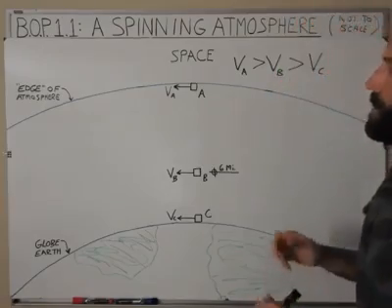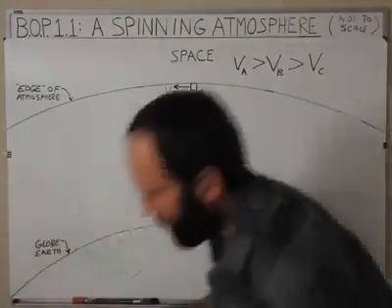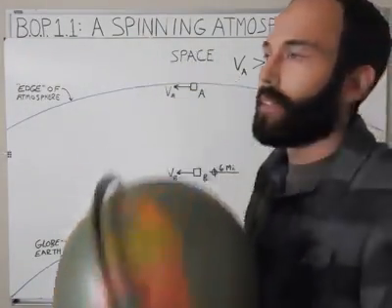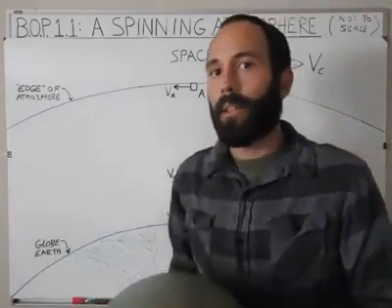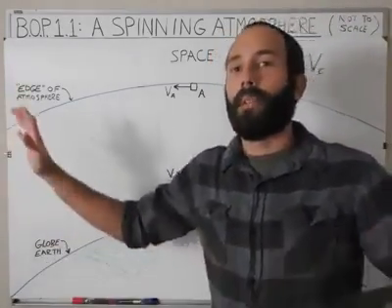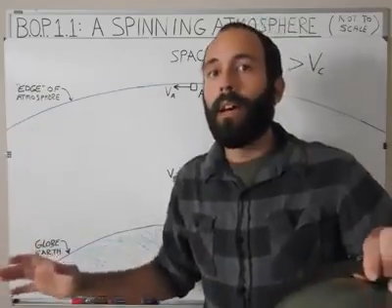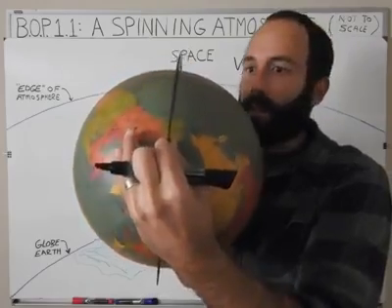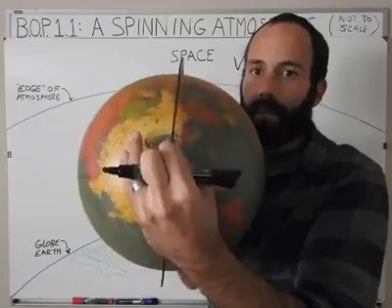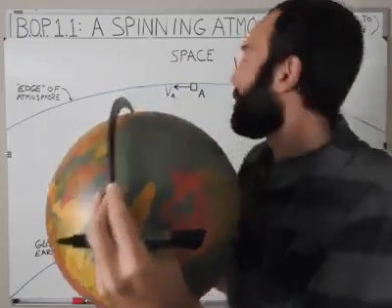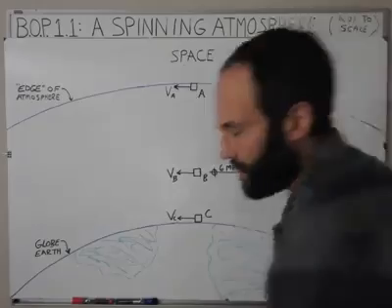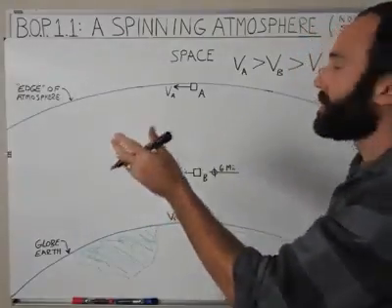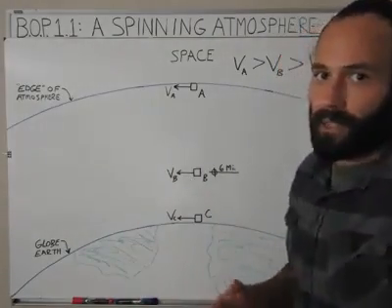Okay? And so this rotation here, the theory is that the Earth is rotating about its axis because of the Big Bang. When you really think about it, there was this Big Bang, everything exploded out into space, planetary systems formed, galaxies, all that stuff formed, and this rotation is what is left over from that explosion. That's leftover energy from that explosion of the creation, which created everything, right? And so everything's just been moving for billions of years, and there's no friction between space and the atmosphere, right? Because there's nothing in space, so an object in motion stays in motion unless acted upon by an outside force,